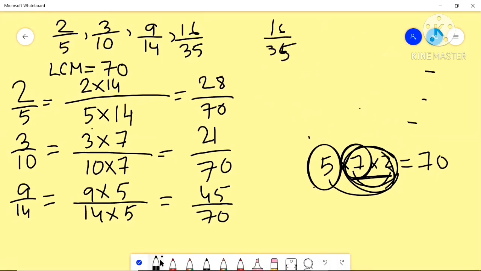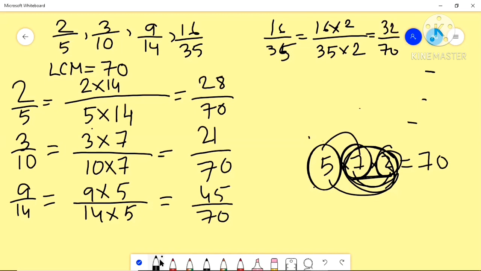So what you will do? 35, 16 multiply. So 35 into how much? So 5 into 7 is 35. So what is left? 2 is left. So you will multiply with 2. So what will be our like fraction? 70 is common and 16 into 2 is 32. That's it. Now we got all the given fraction